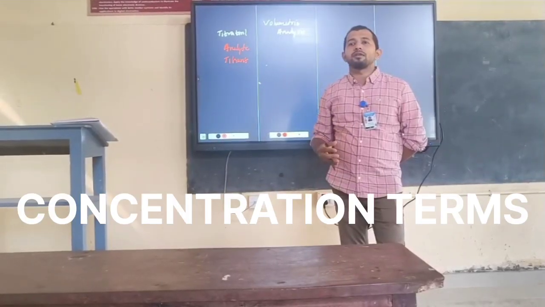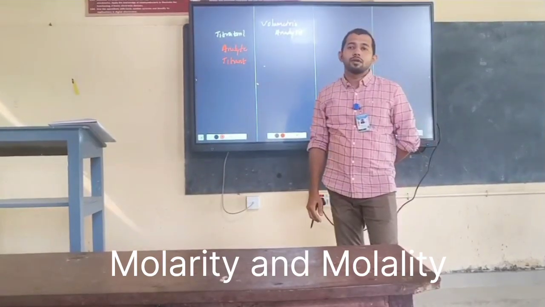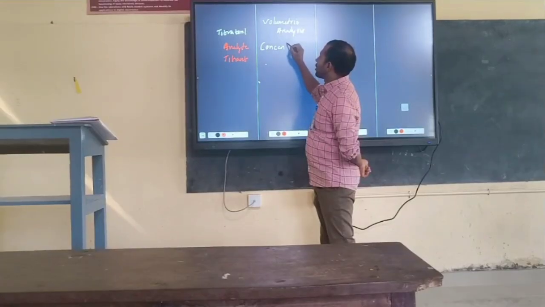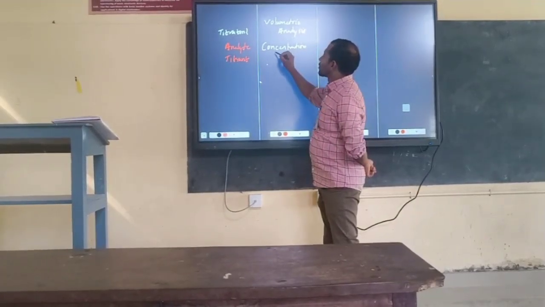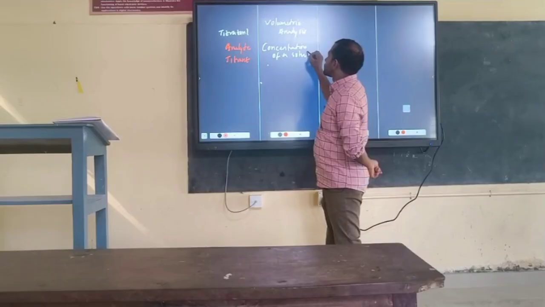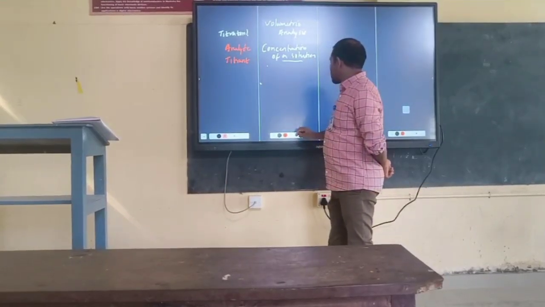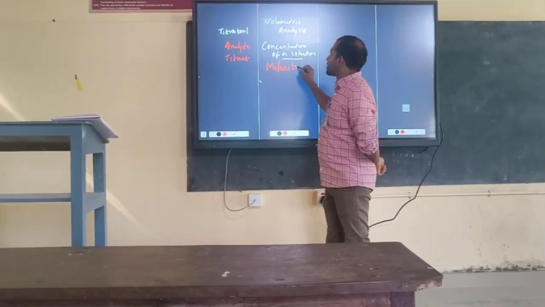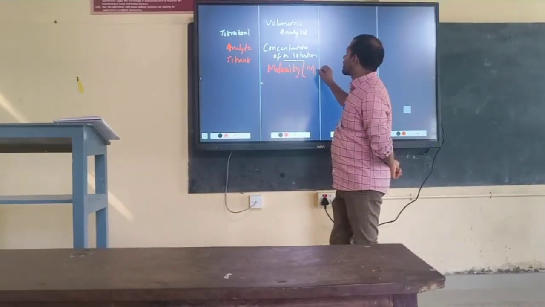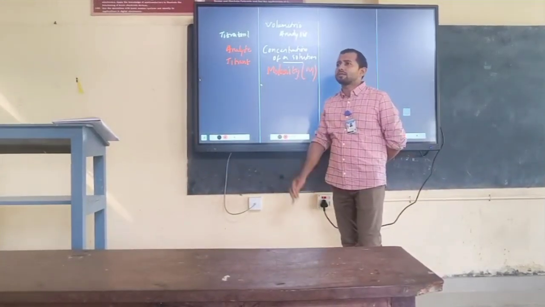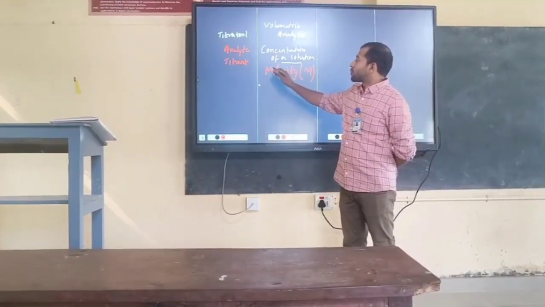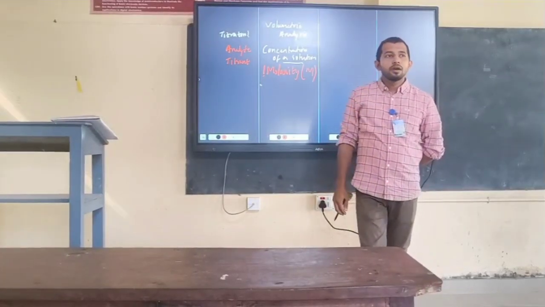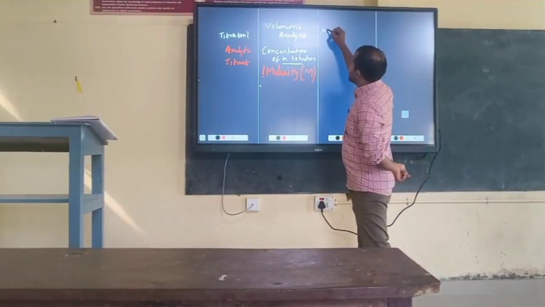How do we express the concentration of a solution? We have to study how to express the concentration of a solution. One term we use is molarity. Molarity is represented by the letter M. You might have sometimes learned about this particular concentration term called molarity. Actually, molarity can be defined as